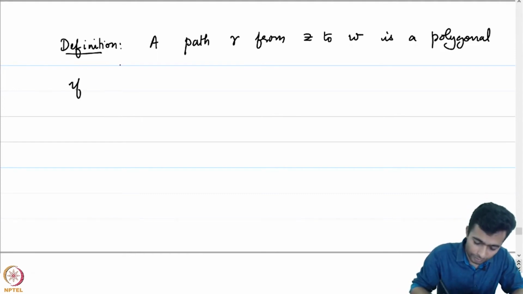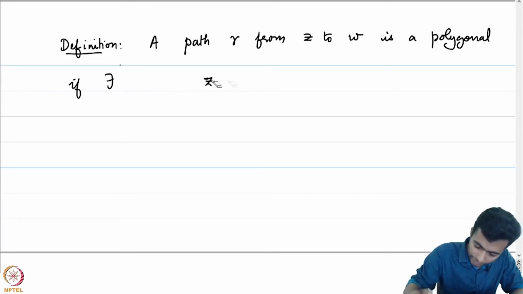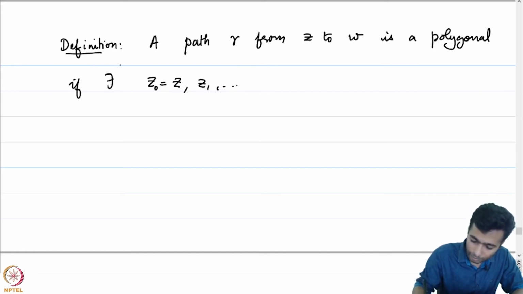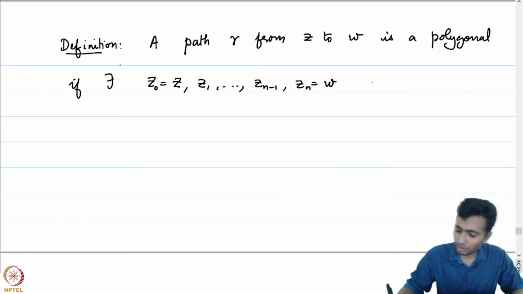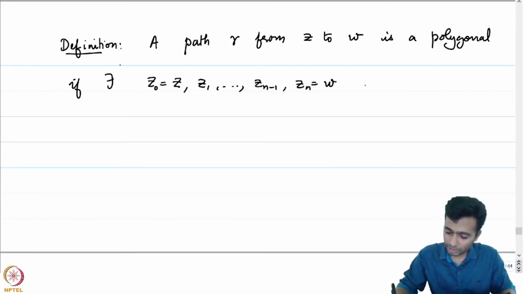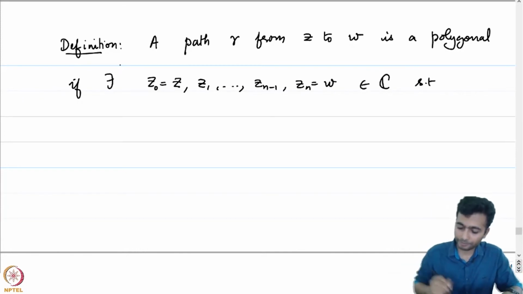That is, if there exist z0 equal to z, z1, up to zn minus 1 and zn equal to w, points in C, such that